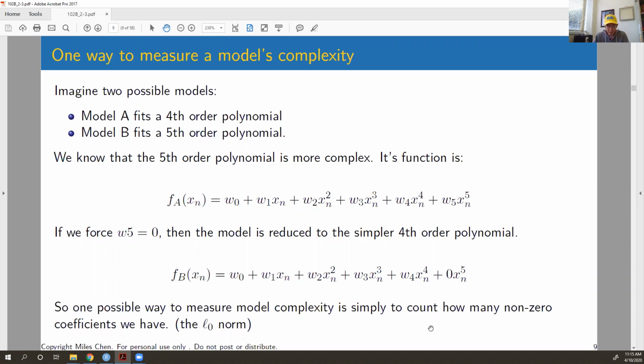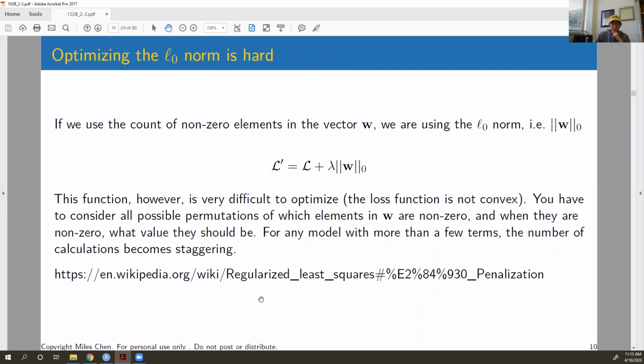And so that's how we can measure model complexity, right? How many terms are not zero is known as the L0 norm. If you have a vector and you take the L0 norm of the vector, it's basically going to be how many terms are not zero. But here's a problem, right? If we use the L0 norm as our measure of complexity, this is what our